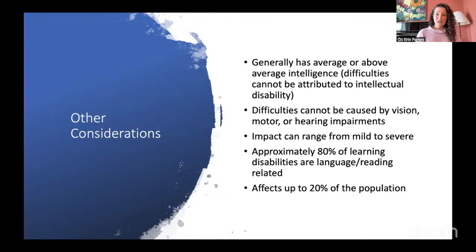Approximately 80% of learning disabilities are language or reading related. So again, especially dyslexia. But this is important. Learning disabilities affect up to 20% of the population, and I've even seen up to 30%. But what's important to note is in children, it's like 5.6% or something that have a diagnosis of a learning disability. But once you get up into adulthood, you see the rates of diagnoses up to 20%. And it's a little bit higher for males. It was like 19.8% for males, and I think 17 or something for females.